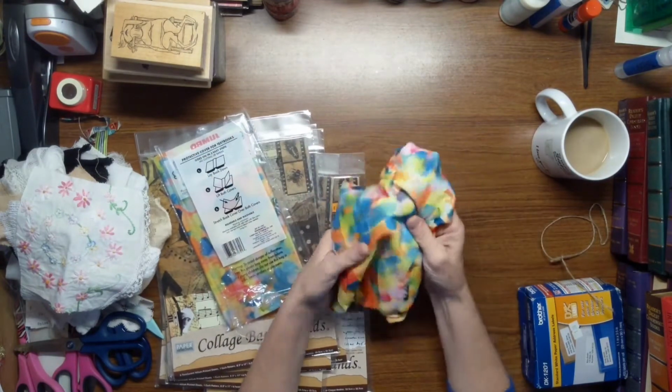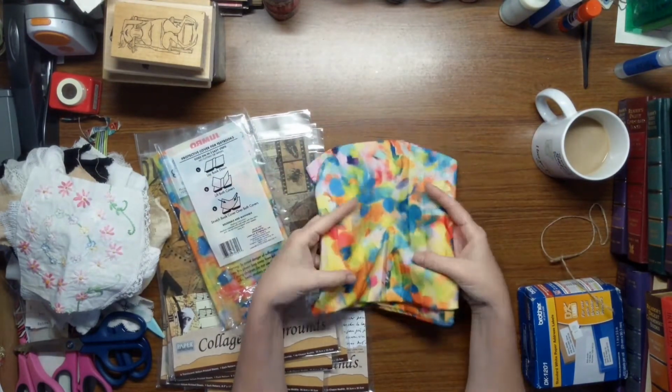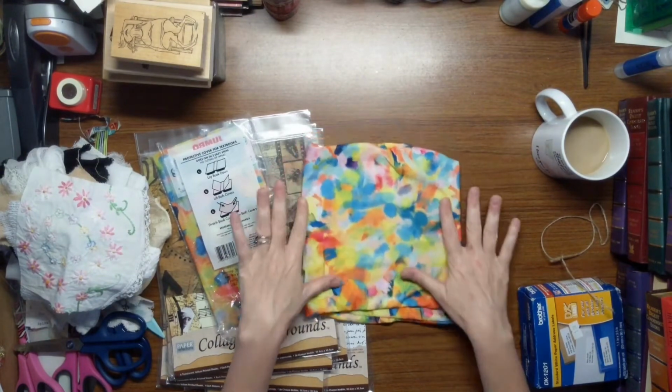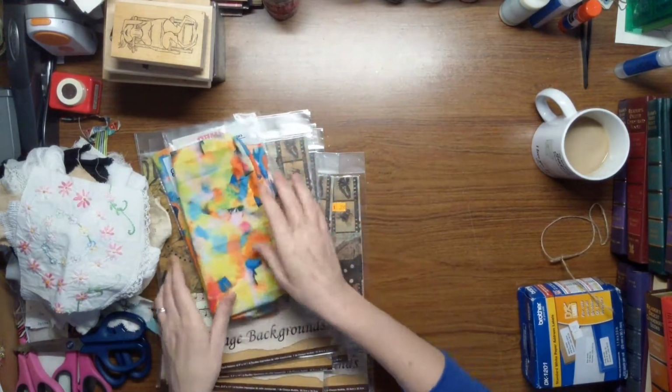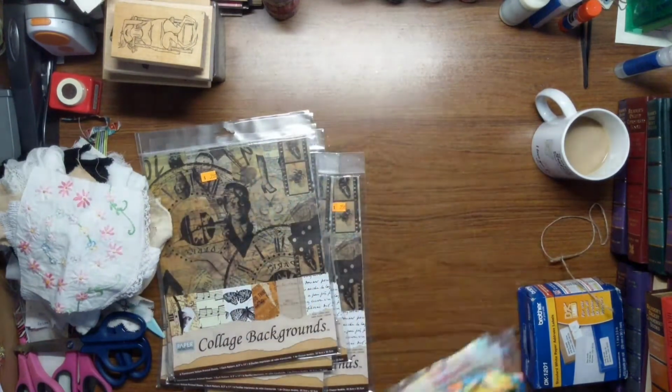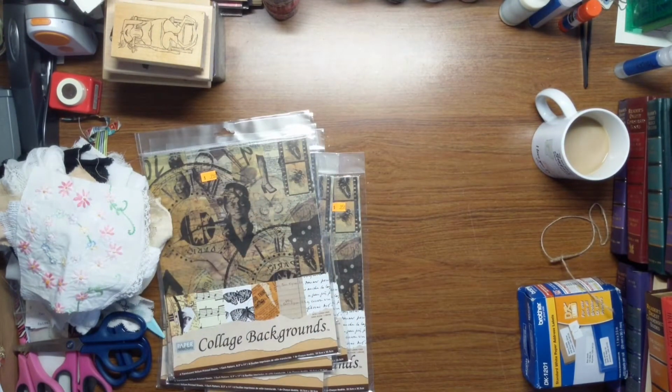And it's so soft, and it is so gorgeous. Look at all those colors in there. Isn't that beautiful? Oh, I love that. So I grabbed the last two they had of that. And then,